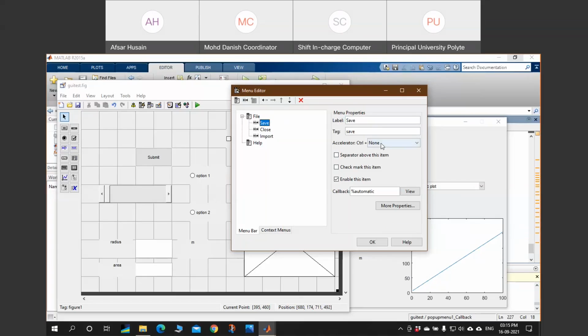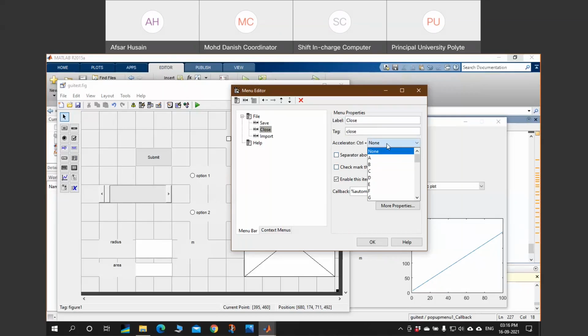So here in the accelerator, I can provide control plus S. So I can browse it and choose S. So whenever I press control plus S, this will trigger this function, and whatever the command given within this function, it will be executed. Okay, so I am also providing the utility control plus S.